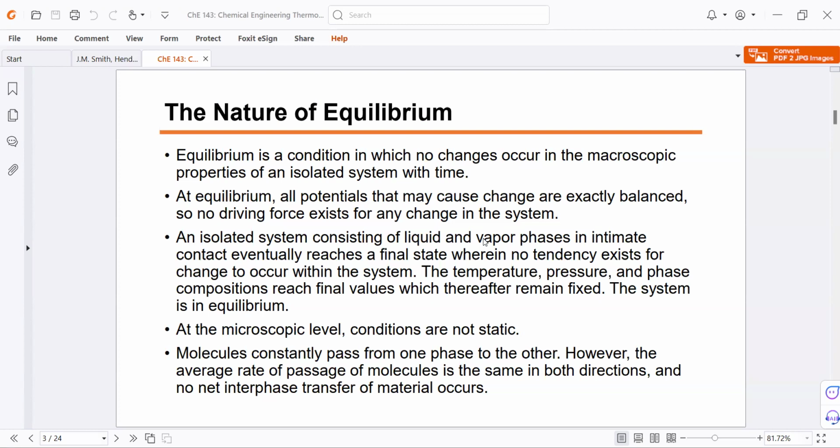And for you, future chemical engineers, it's important to understand and analyze the processes that involve phase changes, such as melting, vaporization, condensation, sublimation,